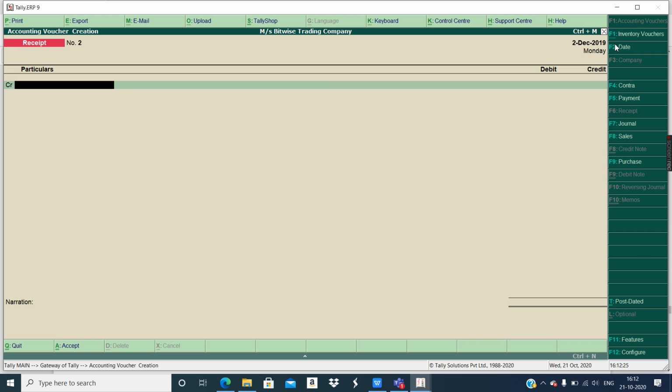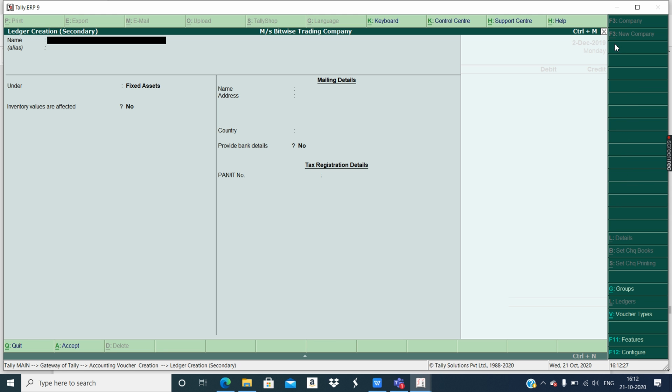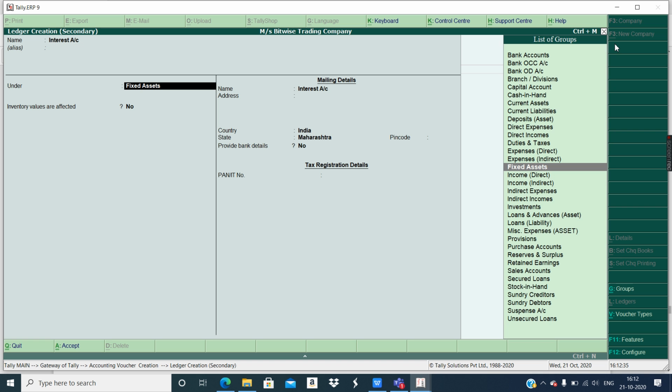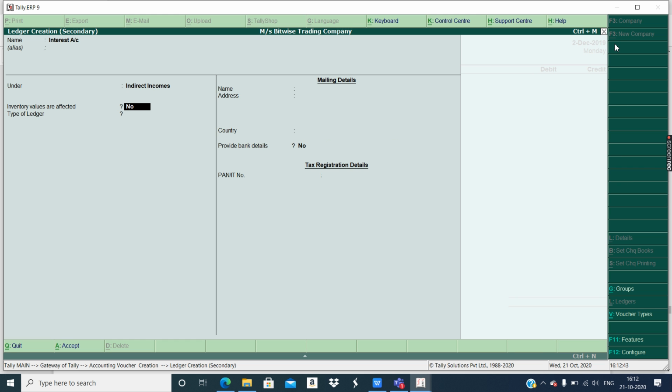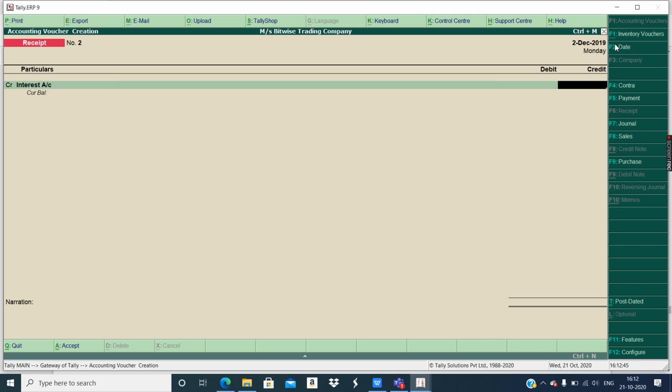Okay, so I'll create interest account, and then interest account, as I told you, it's indirect income. Okay, then control A, select everything.